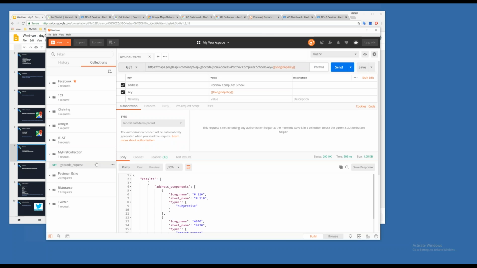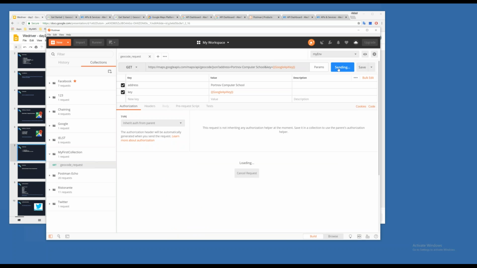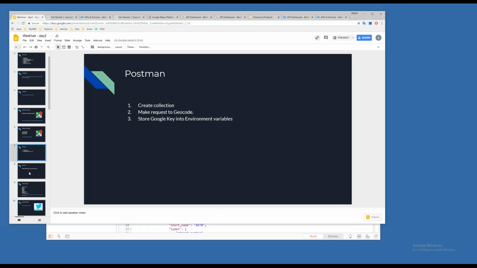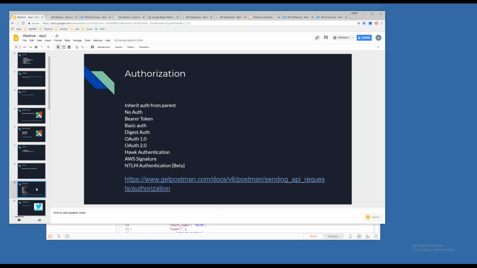I will click on it, I will click on send, and I'll see it's still working, which is awesome, because we're gonna move further. Next thing is the exercise. We already did that, and an important part that we already covered a little bit,